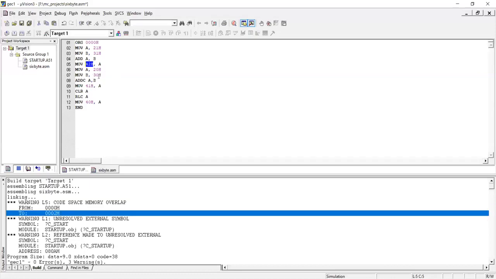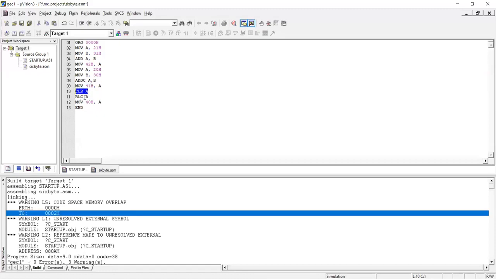The higher 8 bits I will read. I will add these two numbers, and if there is any carry because of the addition of the lower byte number, that also will be included here. And the resultant of the higher byte addition, whatever we have, I will move into the 41H memory location, right? And if there is any carry generated because of ADDC A, B, to include that carry also as part of the result, I'll make the content of the accumulator 0.